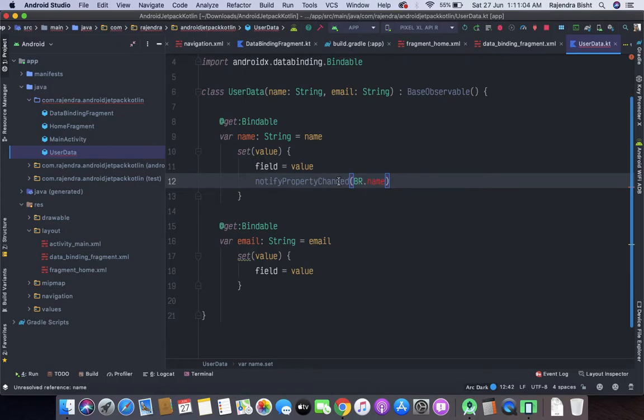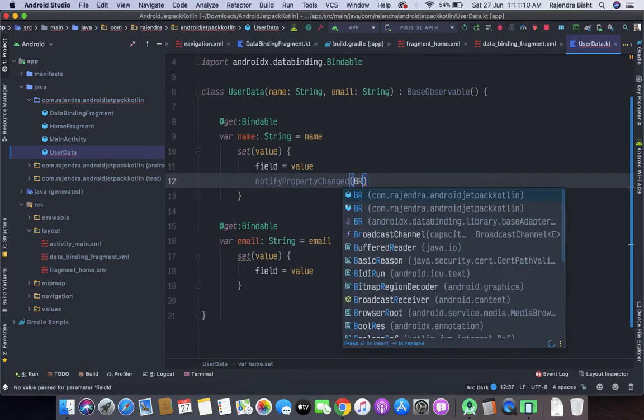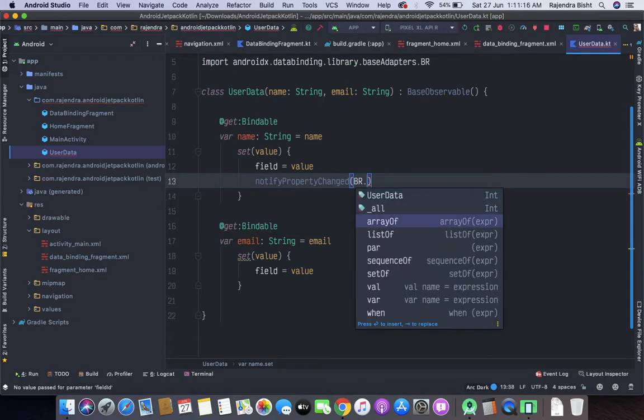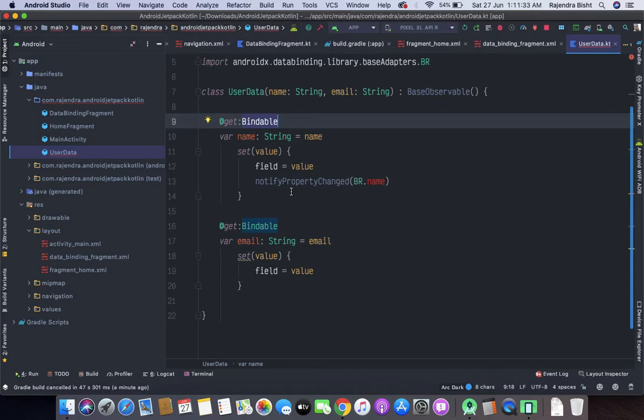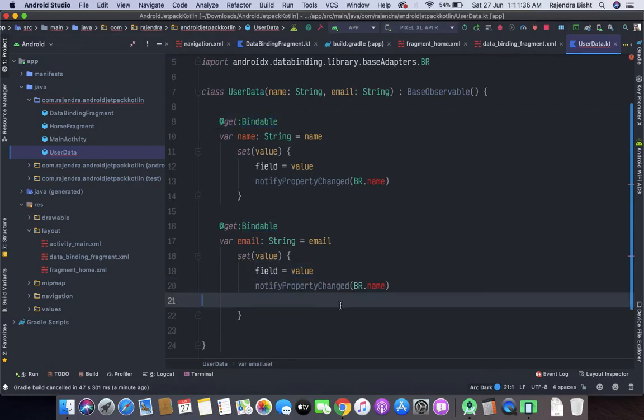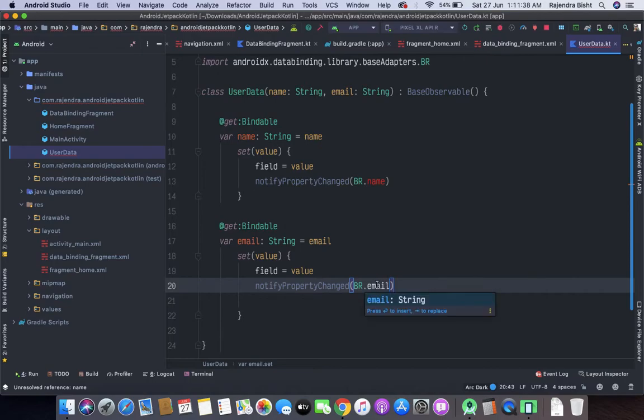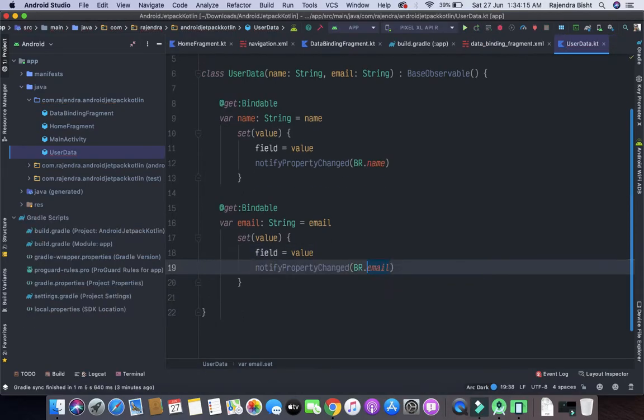Similarly, br dot name here. Similarly we will do for this email. Now let's run this app.